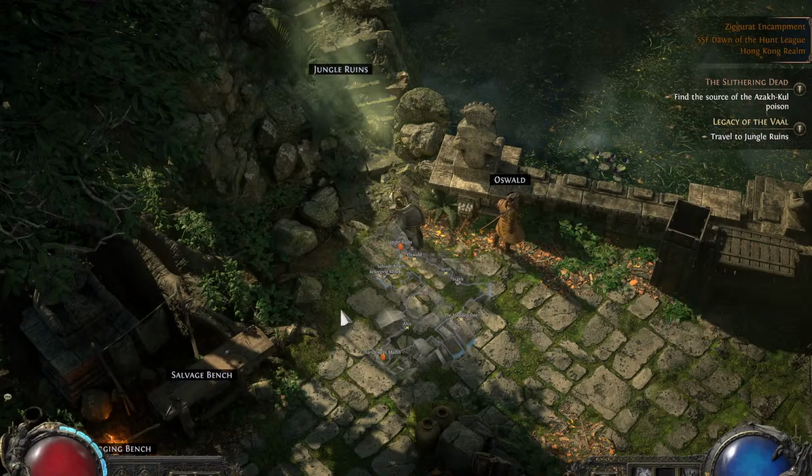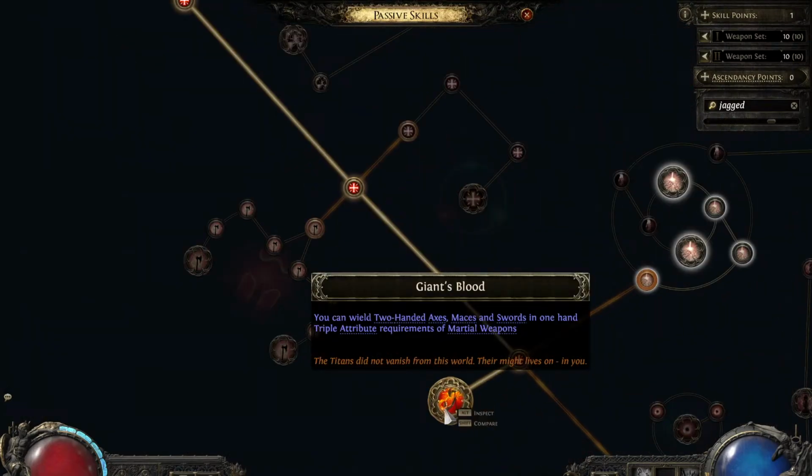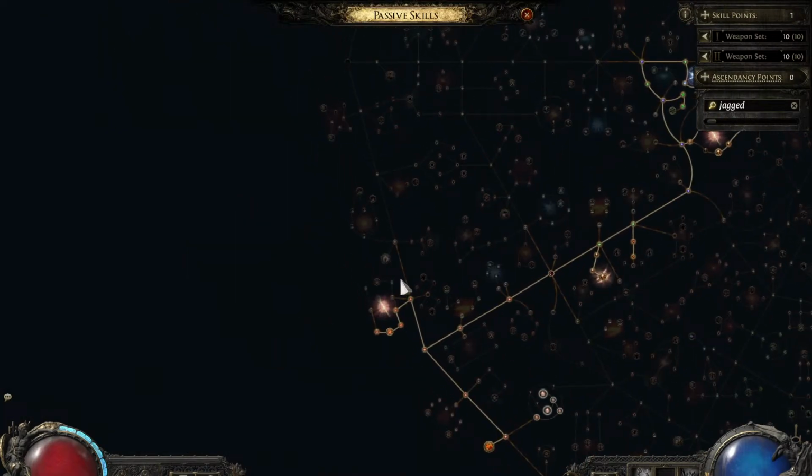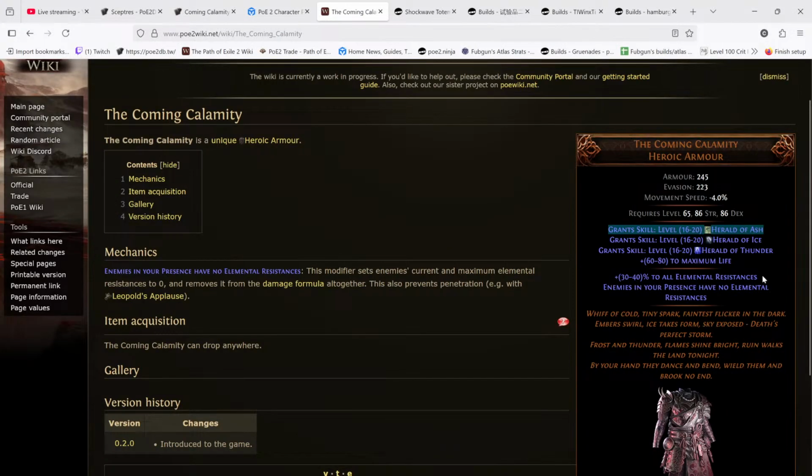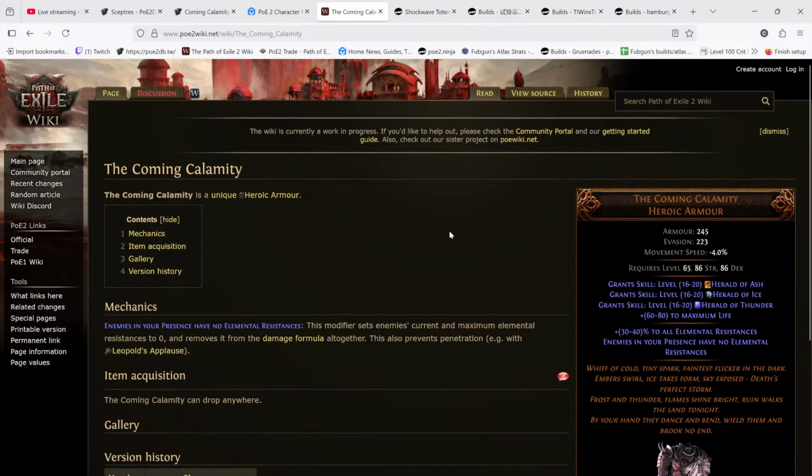That's the problem with Avatar of Fire, right? You can't do anything but fire damage. So unless you get your fire damage to somehow, like with...